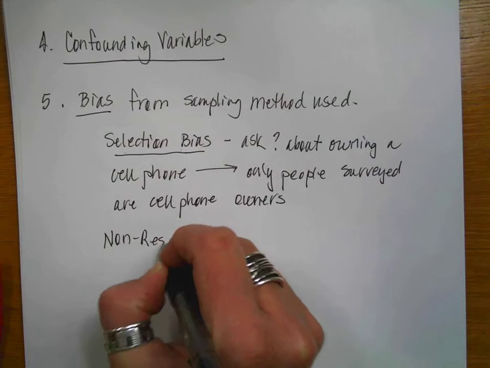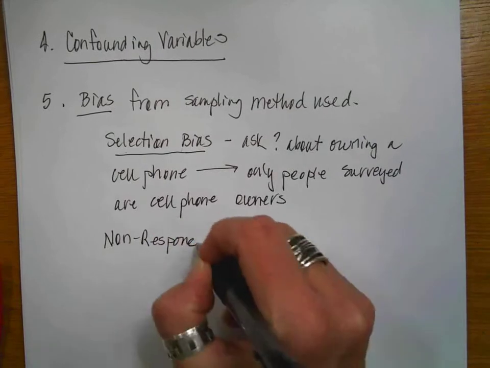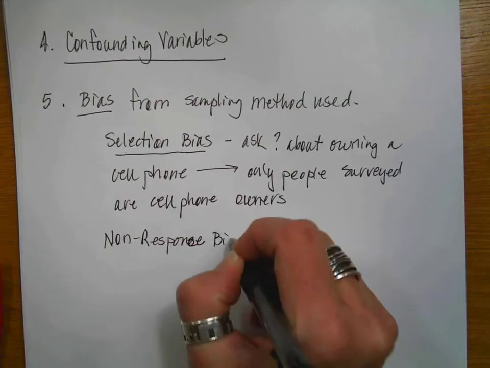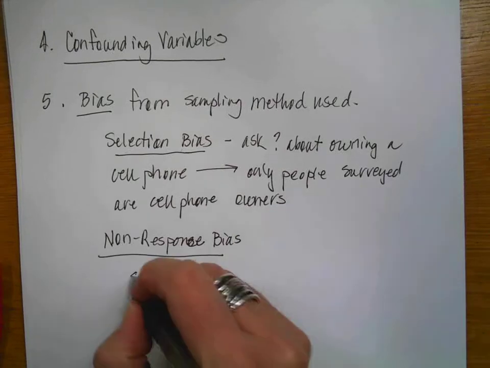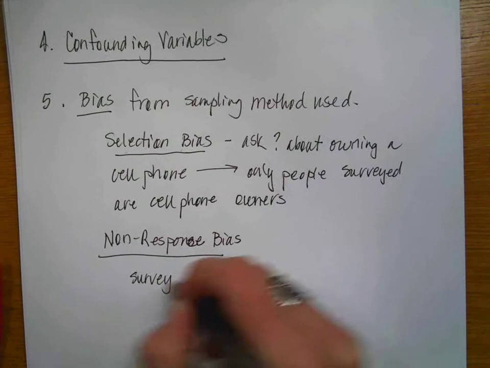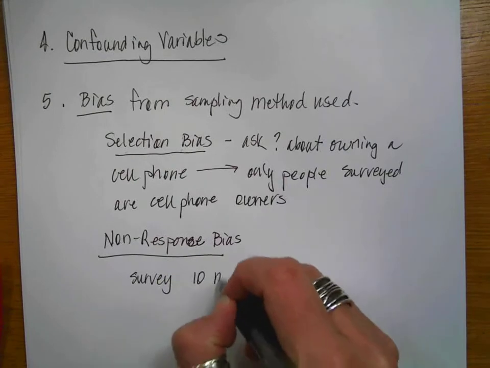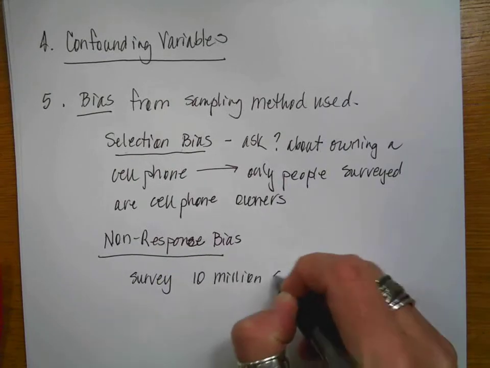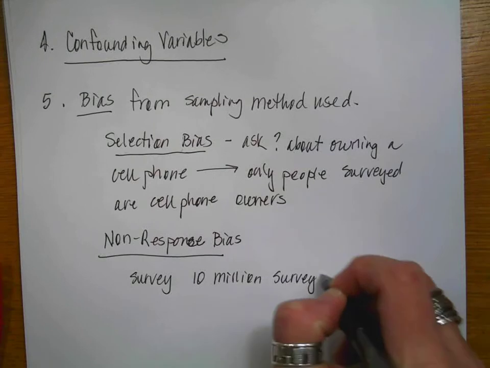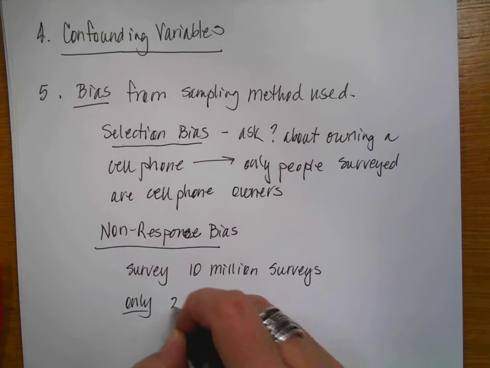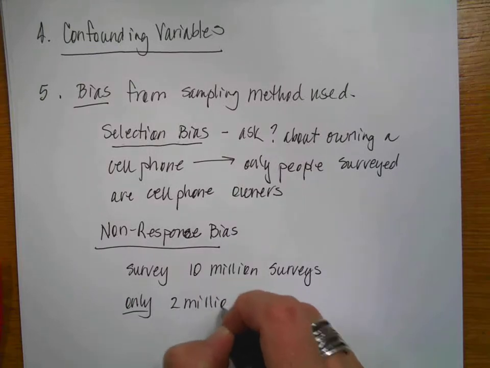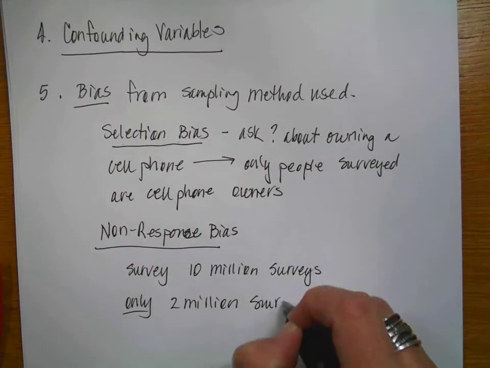Another one is called a non-response bias, and I actually think this one, if I spelled it wrong, is a little bit entertaining. So what this one might mean is, let's say you're going to do a survey and you're going to send out 10 million surveys. Whew, that's a lot of surveys, okay? Well, maybe only 2 million surveys came back,